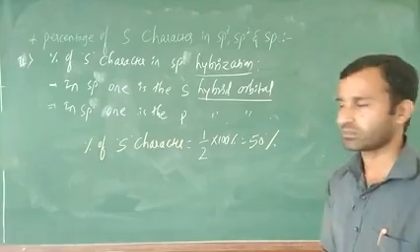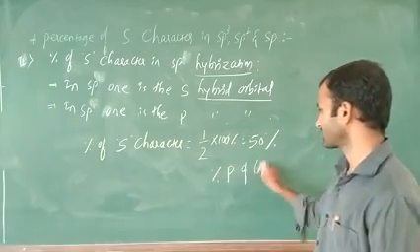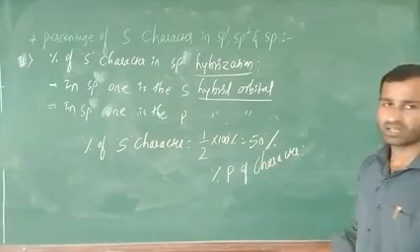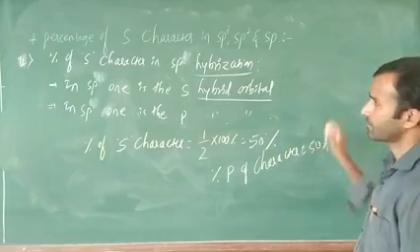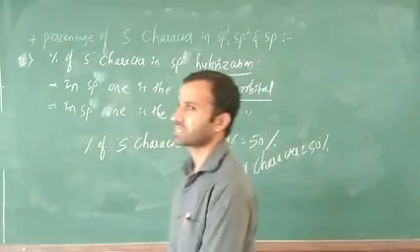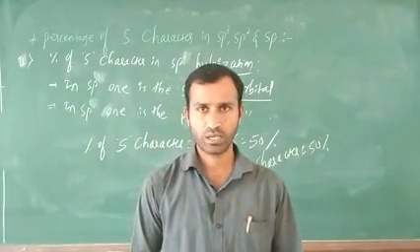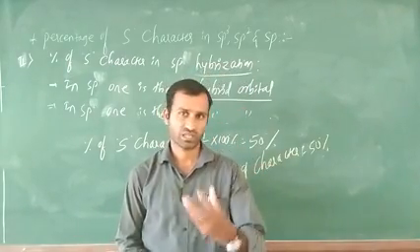Next one is very simple. What about the percentage of p character? 100 minus 50, we are going to get 50. Both are the same in this case. This is the percentage of s character in sp3, sp2, and next sp hybrid orbital. Now tell me the serial order of percentage of s character.